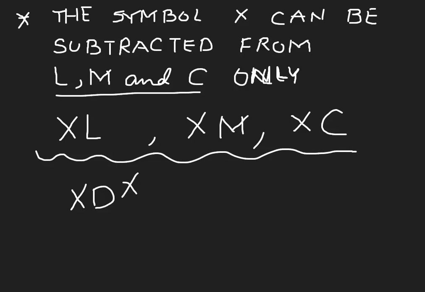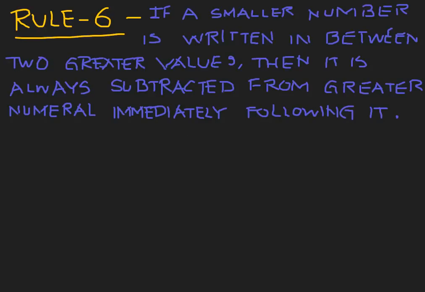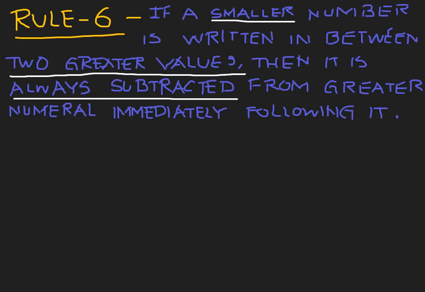So now let's move on to rule number 6, which is our last rule. Students, rule number 6 says if a smaller number is written between two greater values, then it is always subtracted from the numeral immediately following it. What does that mean? For example, if I write like this,